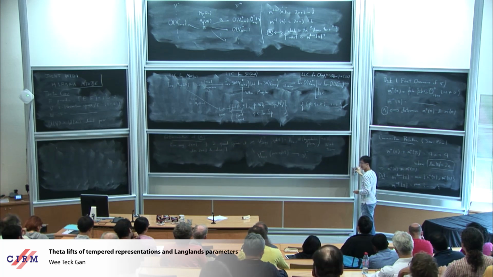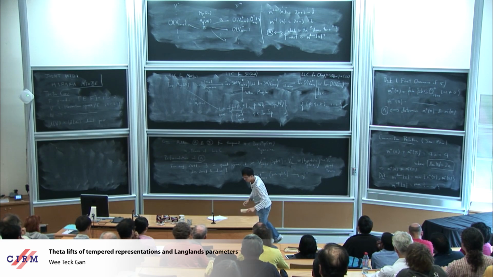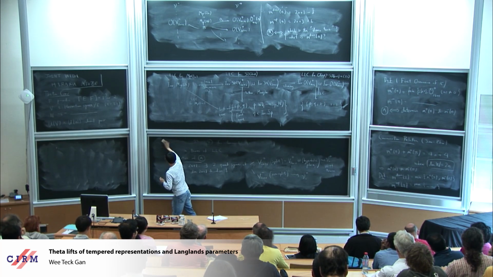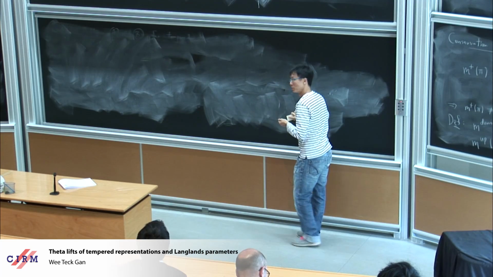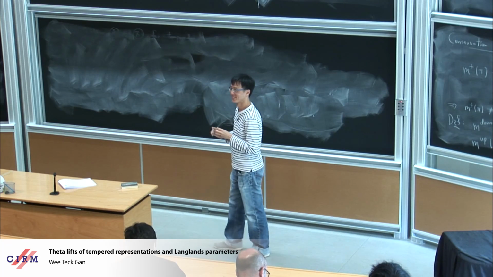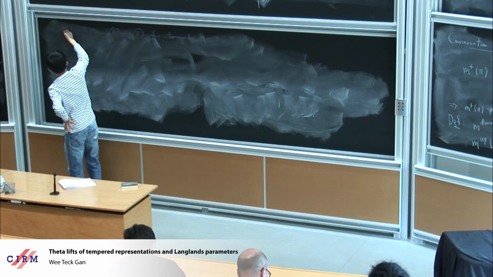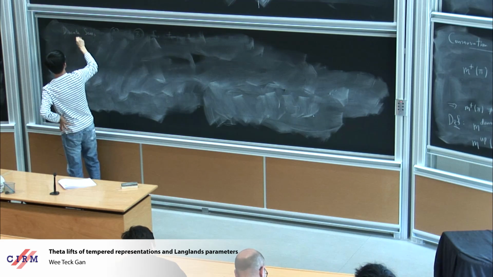So now let me formulate the main results using these names. So we address these problems A and B for all tempered representations. But in this talk, I will just formulate the results for discrete series representations because it's slightly cleaner. Okay, so let me just remind you, for the discrete series,